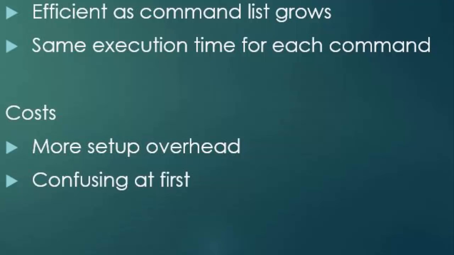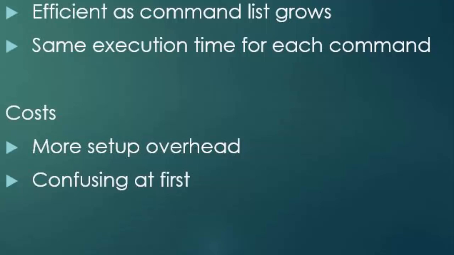We then have to do this rigmarole where we change from the command table and then from that command table actually get the address of the branch. So it can be a little confusing at first. And one thing I didn't have on my costs and benefits here is that the command table,